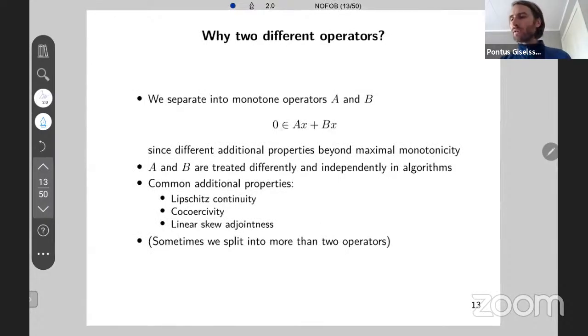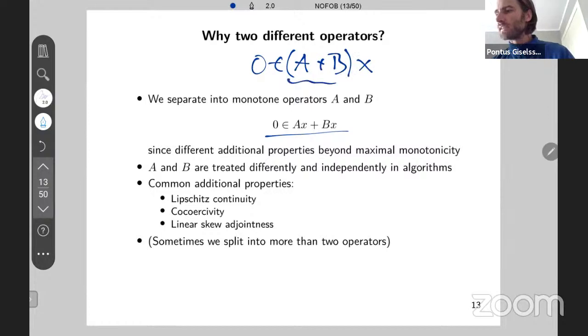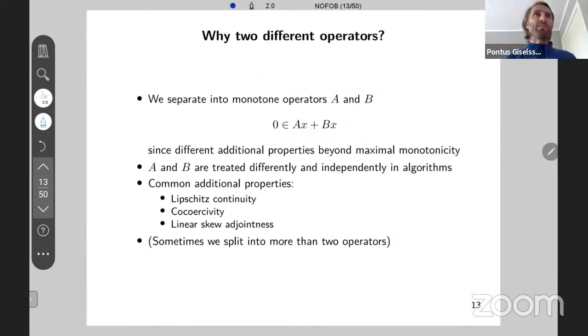All right, so again, why do we separate it into two? If we write it 0 in Ax plus Bx, why don't we instead write it as 0 in (A plus B)x and then define this as C or whatever, so we get 0 in Cx? Why do we need these two different operators when we can actually phrase the same problem with just one? And the reason is just for notational simplicity,